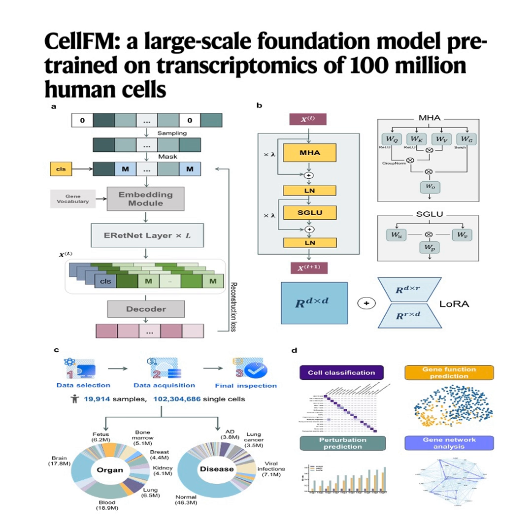And the architecture relies on three key parts: an embedding module turning gene counts into rich features and using that masking game to learn context. That fill-in-the-blanks puzzle, yeah. An innovative ERetNet module, the brain, using efficient linear attention to handle the massive scale and learn gene relationships stably. Crucial for feasibility. And finally, a LoRA module for agile, cost-effective fine-tuning, letting you adapt the model quickly for new tasks. Making it practical for researchers to actually use.